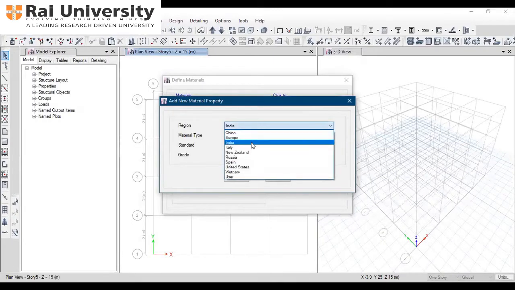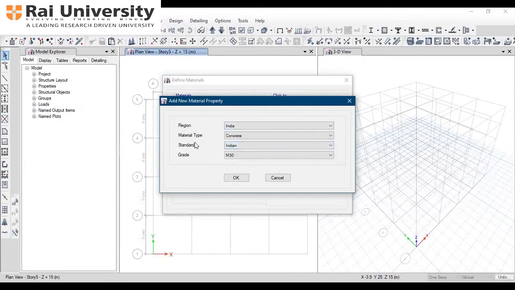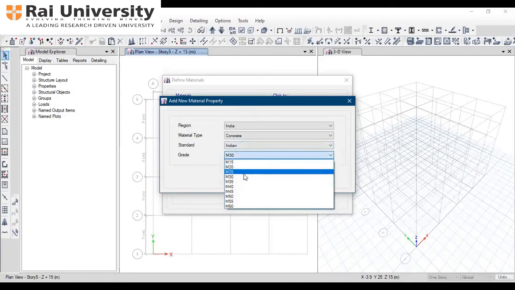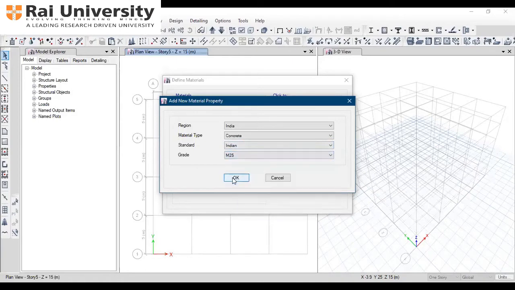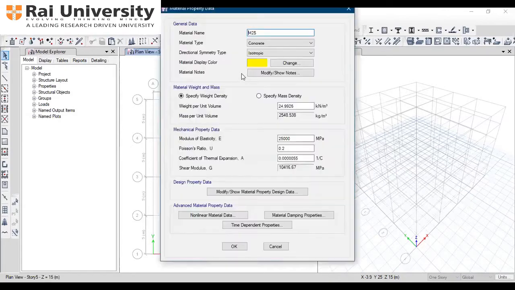In Region, select India. For the material type, select concrete. Standard is again Indian, and grade we take as M25 here. Then click on OK.